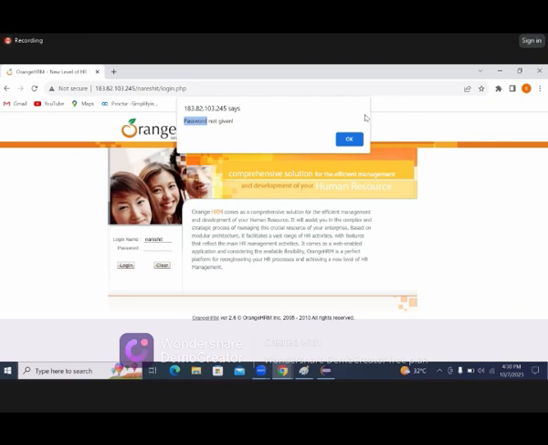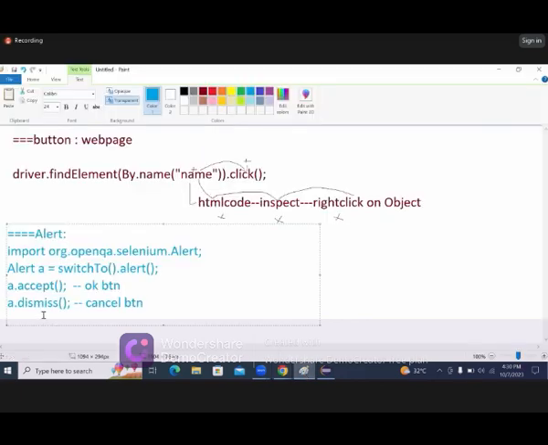So how can we retrieve text from the alert? For that, as simple, you use the method getText. Then you need to take care of printing it, that is, doing the print activity. This is what we need to take care of in printing,